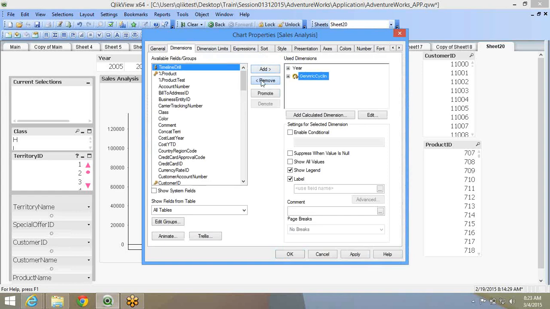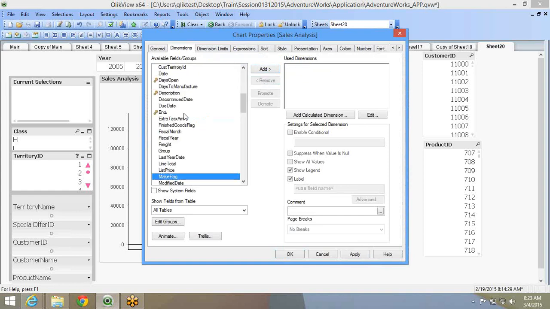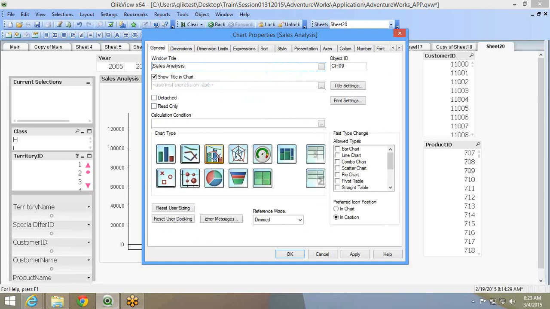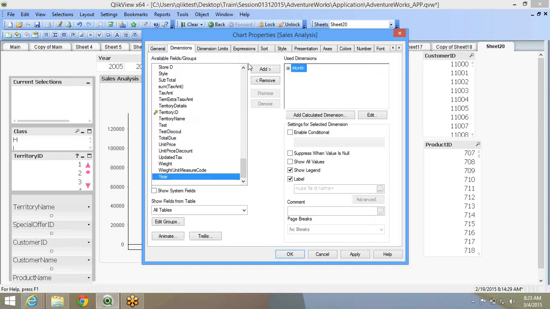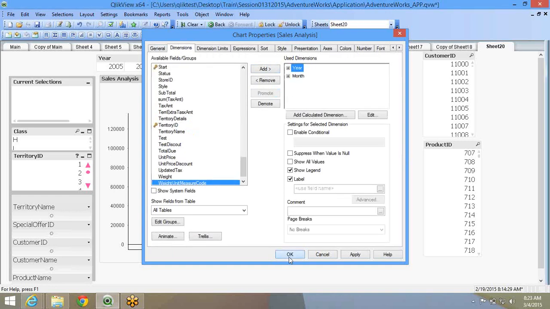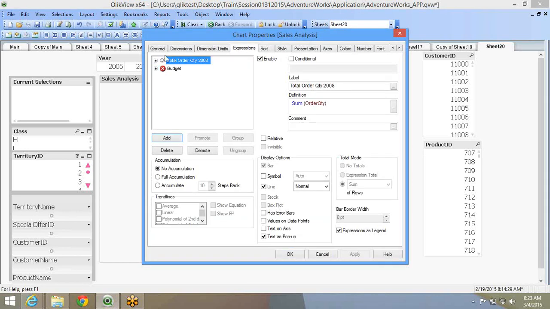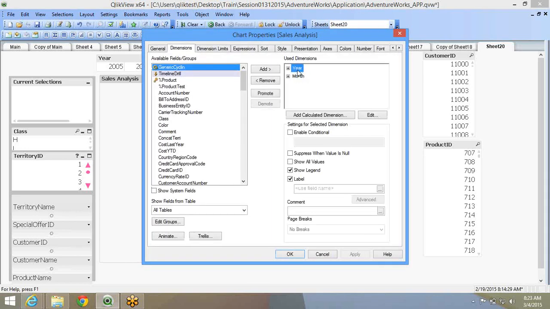Instead of year, I'm going to put month. And flip this chart to a radar. I'm going to also put the year chart. I think year I'm going to take it off.